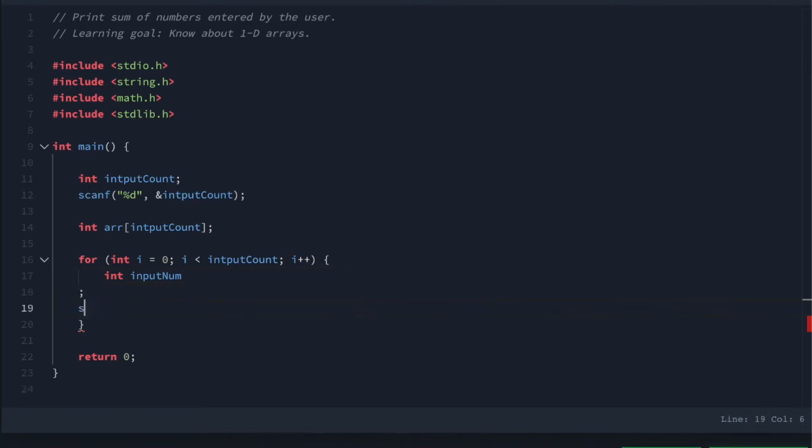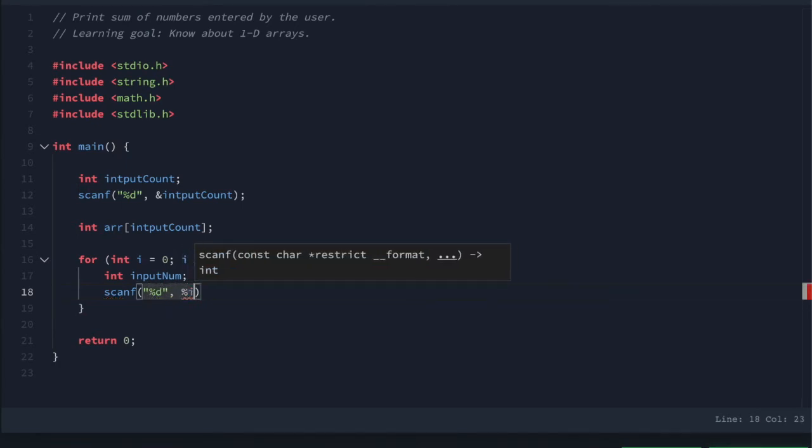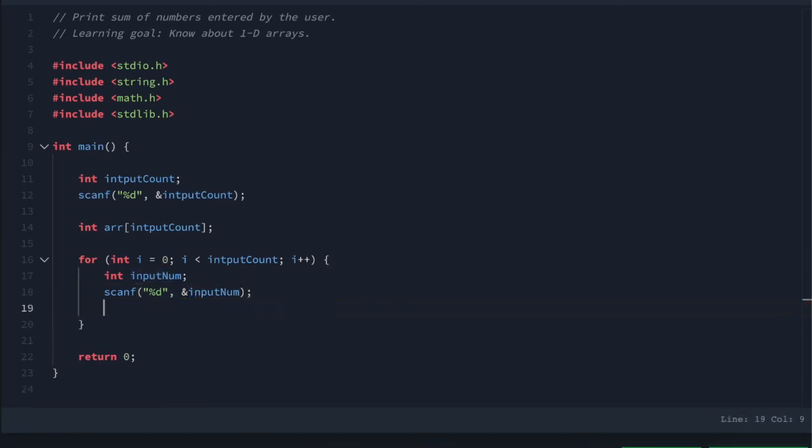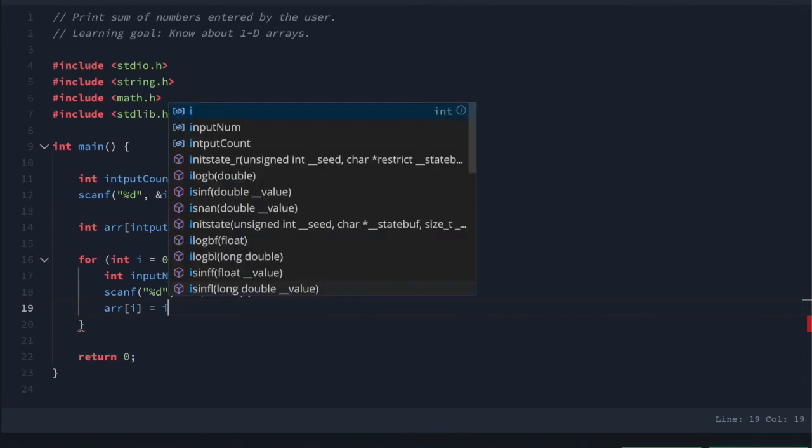We will add a scanf method which will get the number entered by the user, and then we will store it in the array, so it's the input number.